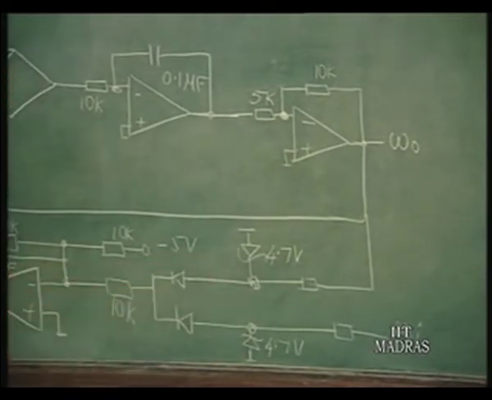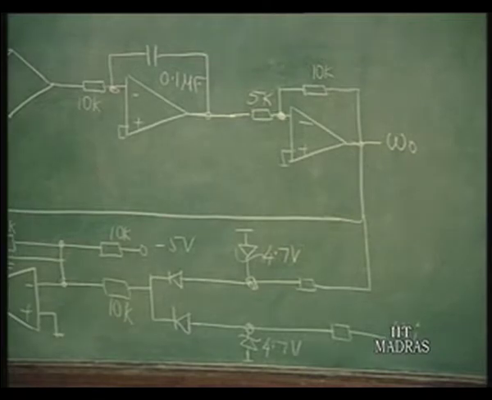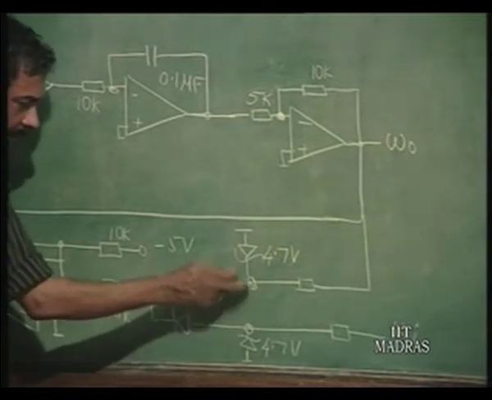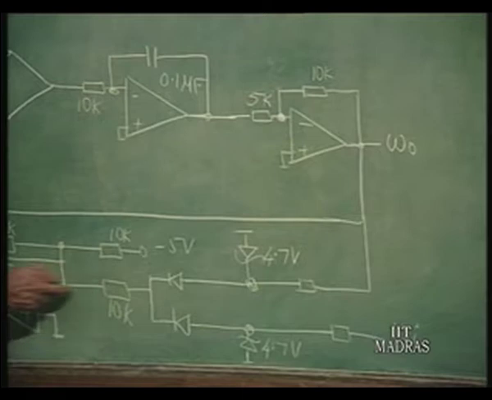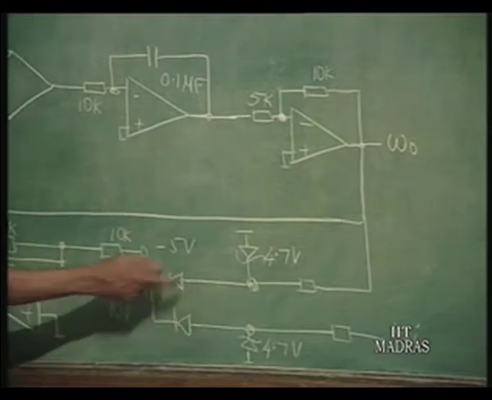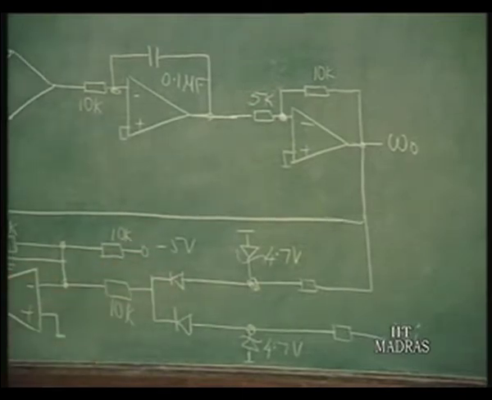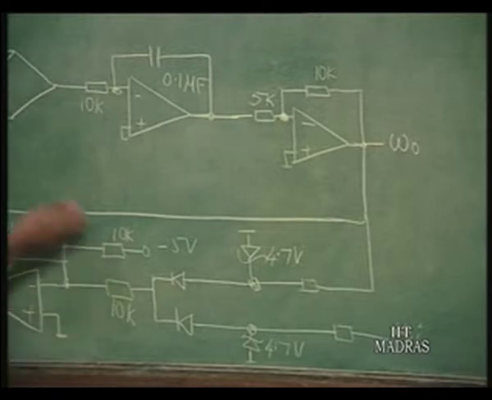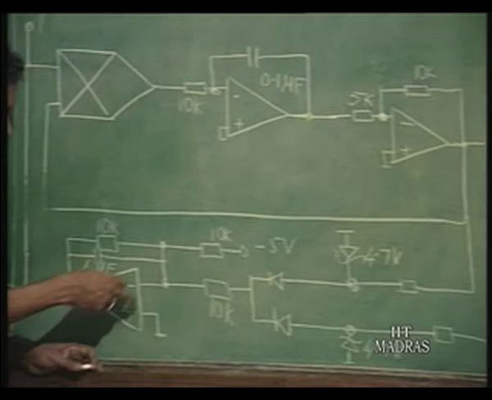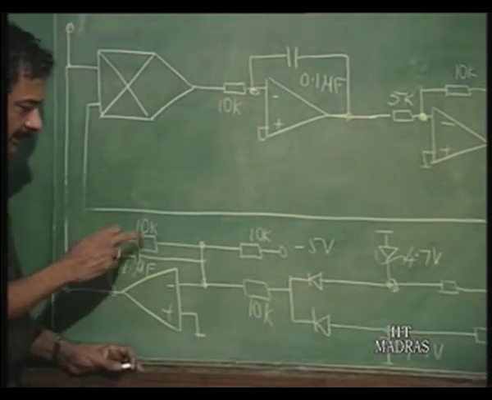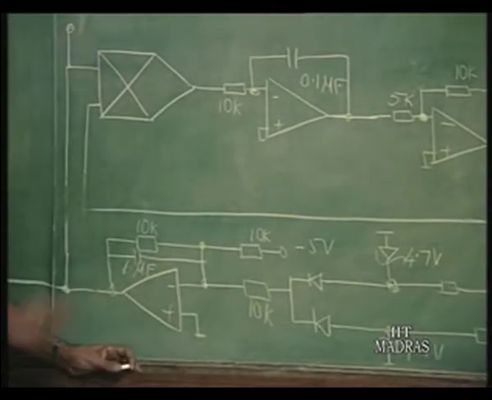So, you get square waves of 4.7 volts magnitude roughly, and these square waves are ORed here. 10K is the load and this is the OR gate, and obviously the low pass filtering is going to be done by this op amp here, and the gain has been fixed at 1, so that the sensitivity is